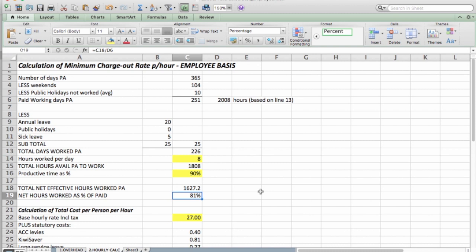They think you're paying for all that sort of time. They should be productive for that time, but in reality it just doesn't happen. So probably 80% is the best that you can get out of it,